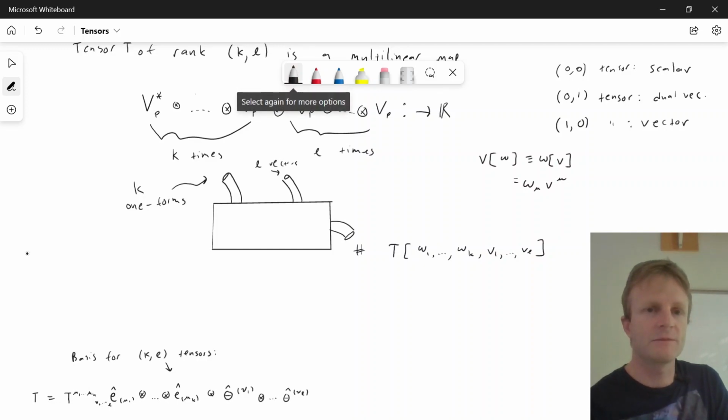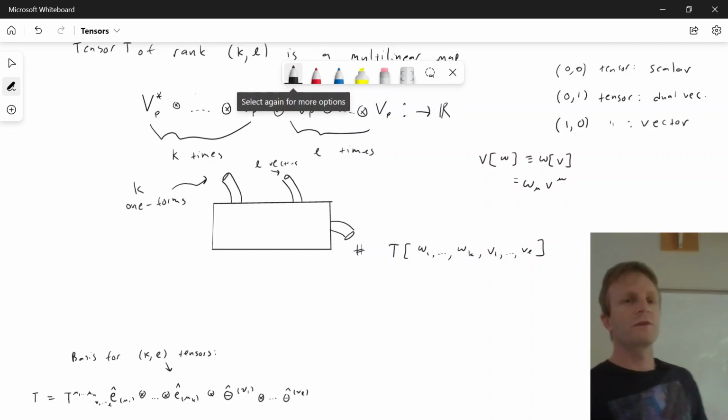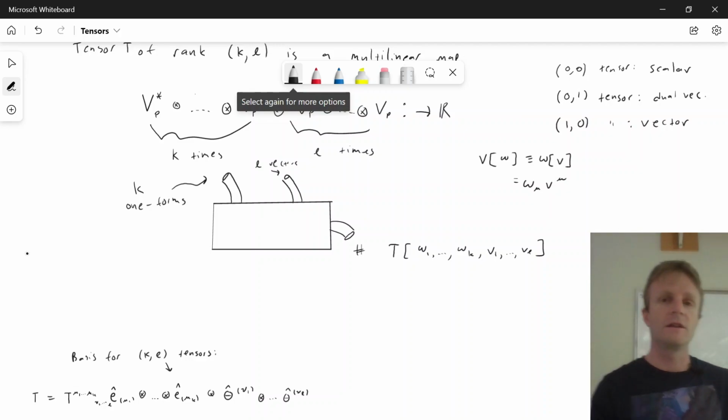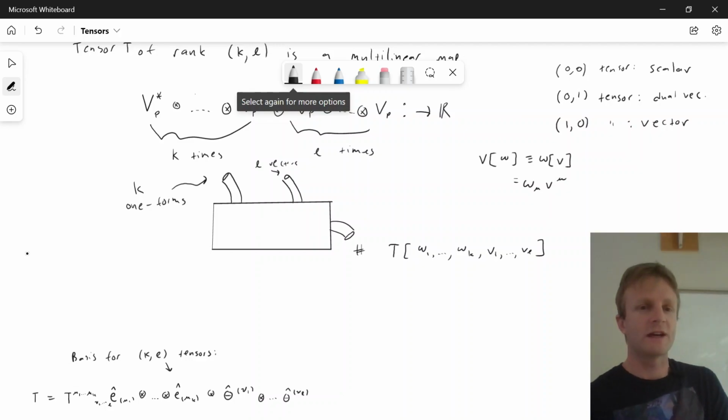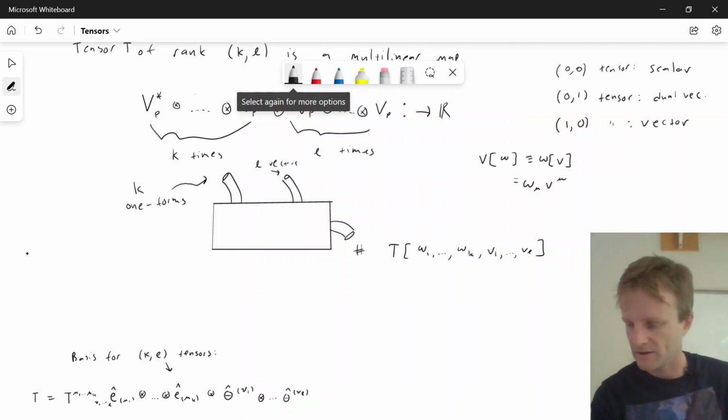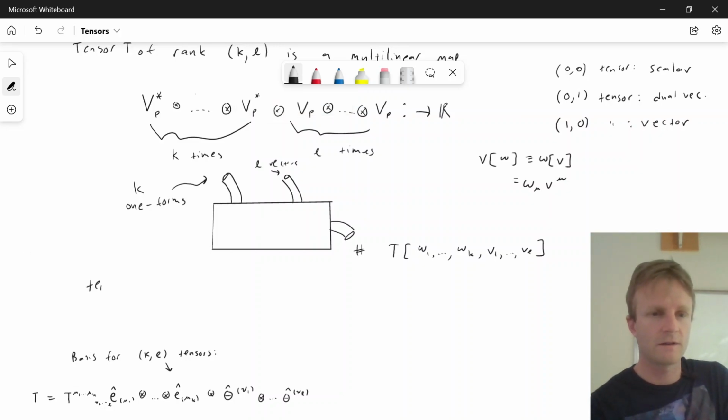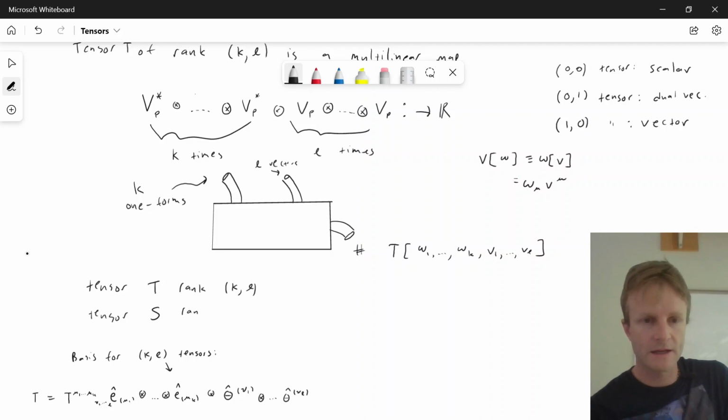So up here, I'm just using the symbol x with an O over it to denote exactly what I say. It's something where you provide k dual vectors and L vectors. It's the space of providing those vectors in a particular order. But we do want a notion of a tensor product of tensors. And so the idea is if you have a tensor T, which has rank KL, and if you have another tensor S, which has rank Mn,